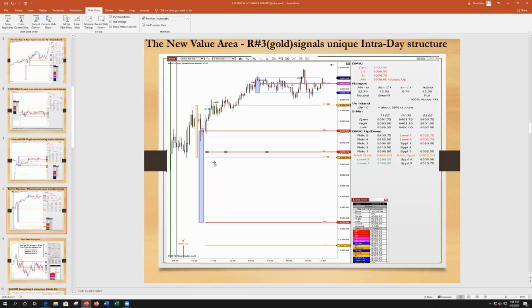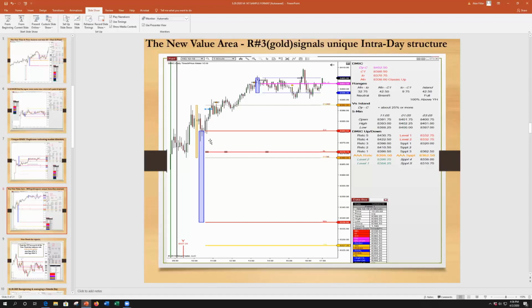Staying with this chart, let's look at the new value area measure. The great majority of the time, the high or low of the value area used the next day is the high or low of the current day's DMIC rectangle 1 and the prior day. And so if we go to the prior day, we see that the prior day high of rectangle 1 was 83.27. The current day high is 83.80.